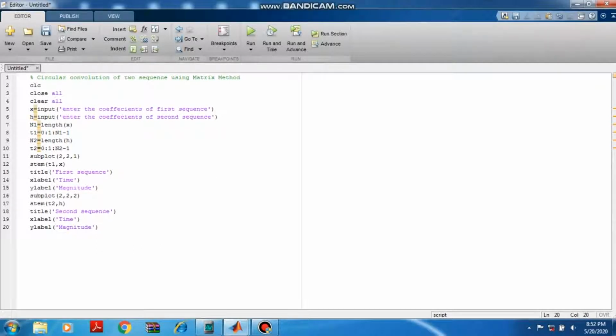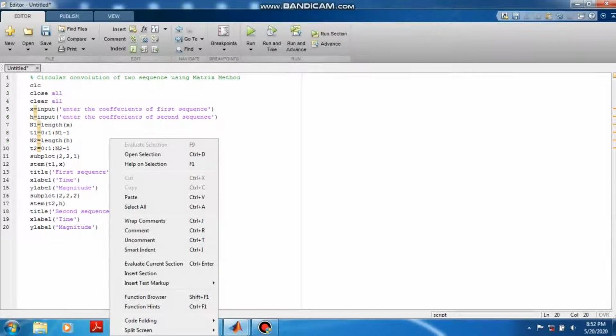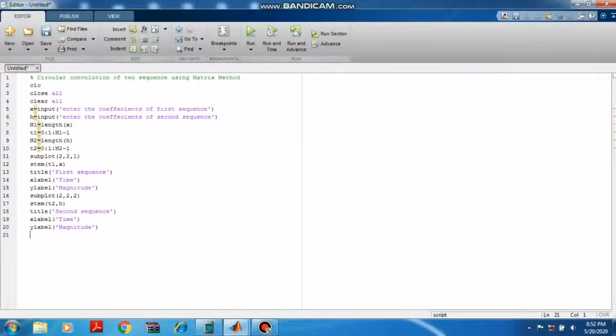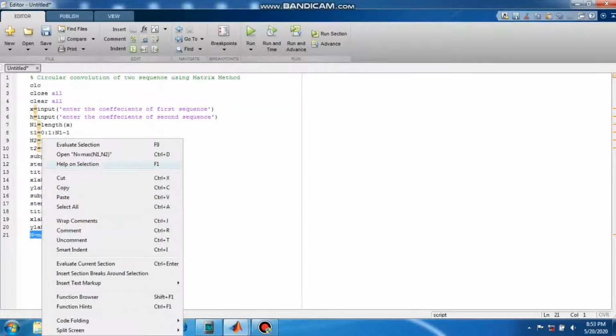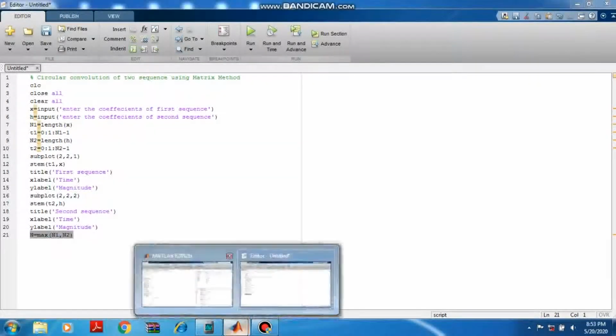For that, I define a variable n which stores the maximum value out of n1 and n2. You know this statement, max of n1, n2. If you want, you can execute and see what this is giving you.